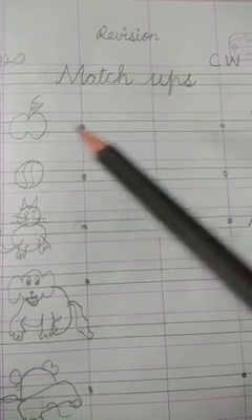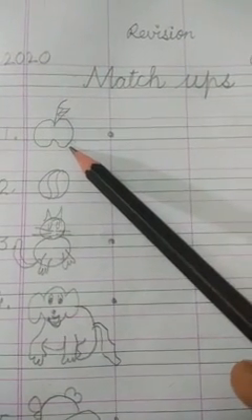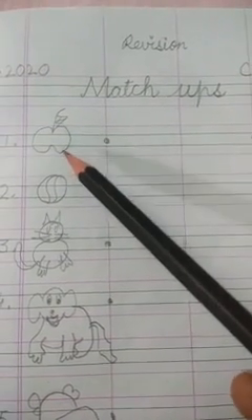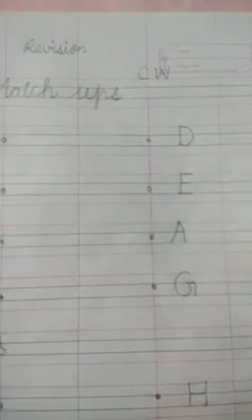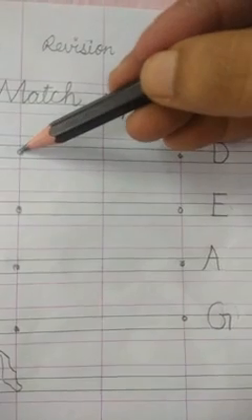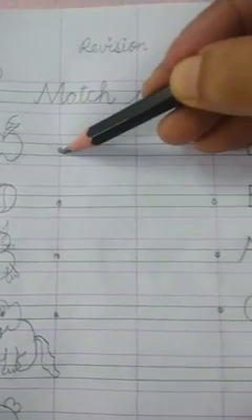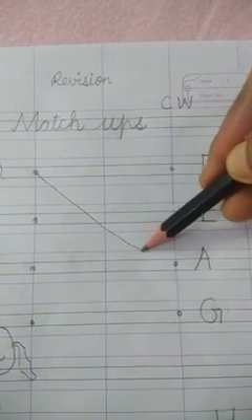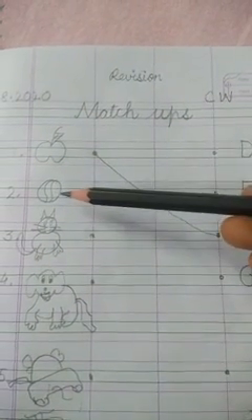Okay, nursery class. Now tell me, which picture is this? This is the first picture. Yes, A for apple. A for apple. And where is apple written? Yes, here. Now what you have to do, as I already told you, is join these dots. Now from apple, you have to draw the line and go to the letter A and join the dot.